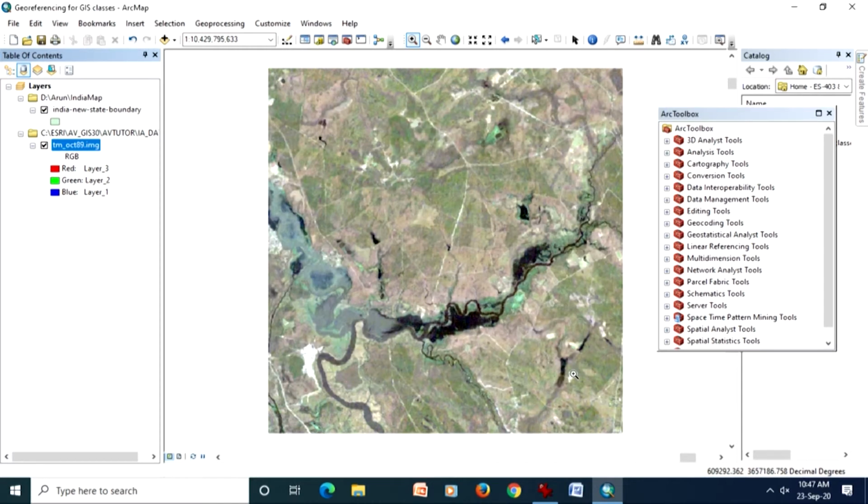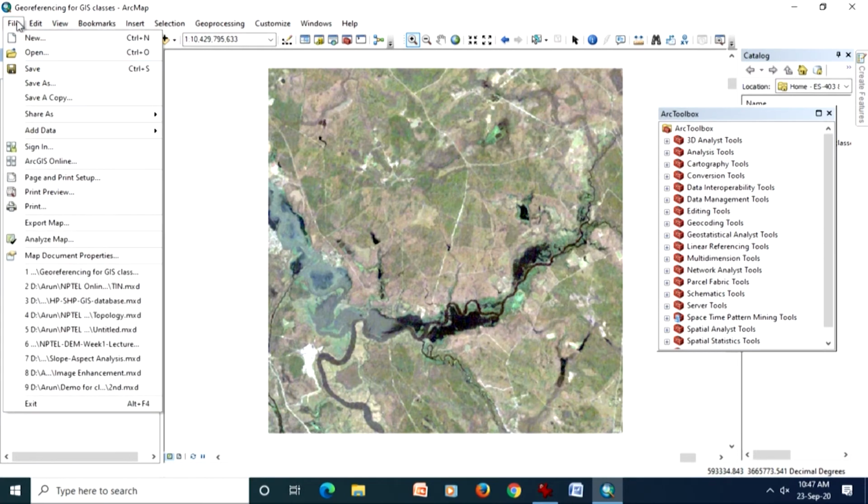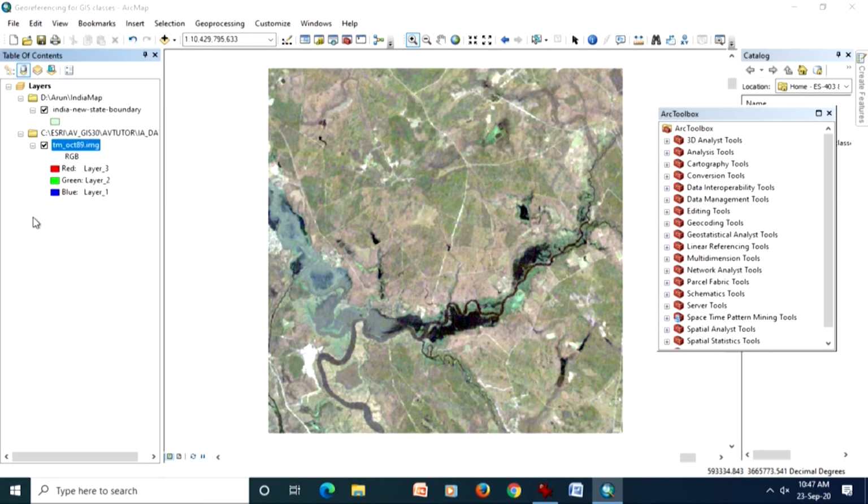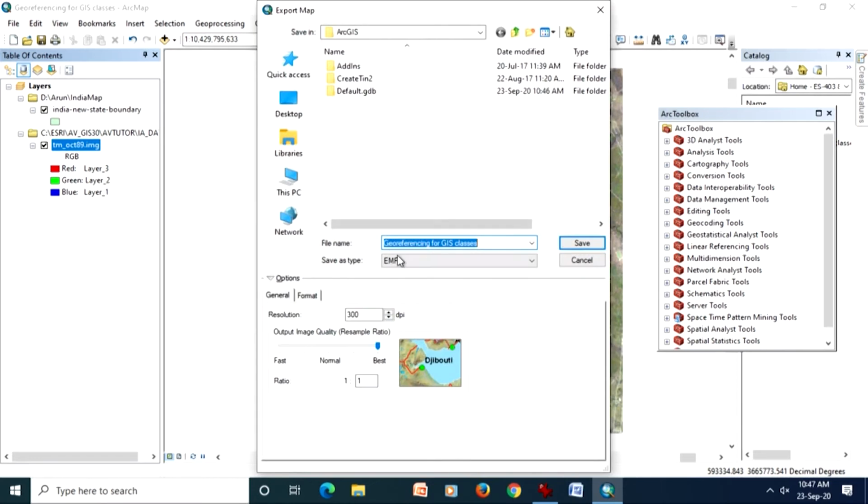Now, another way: when I go here and export map, now I am just displaying this one, and here I can choose the various file formats I am targeting. Suppose I choose TIFF, now here I can also control resolution and other things, which I am not going to discuss here, but what we are discussing here is data compression.